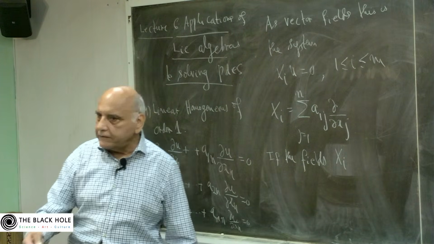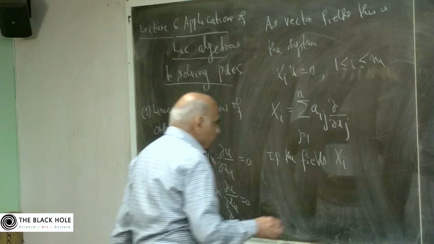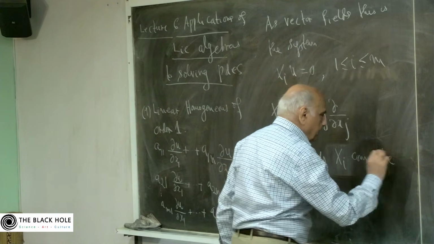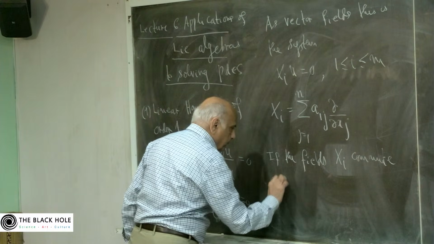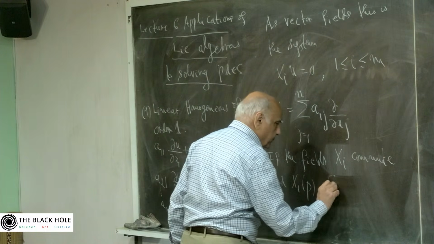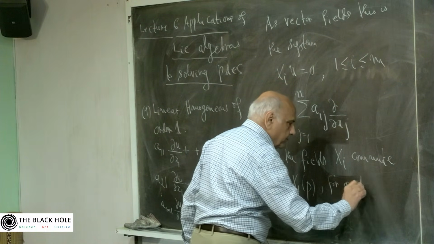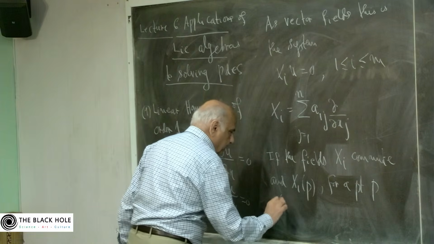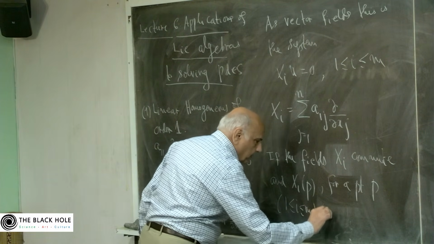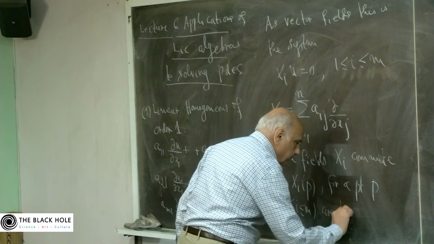Xi bracket Xj is 0. If the fields Xi commute and the Xi at a point P, i varying from 1 up to m, are linearly independent,